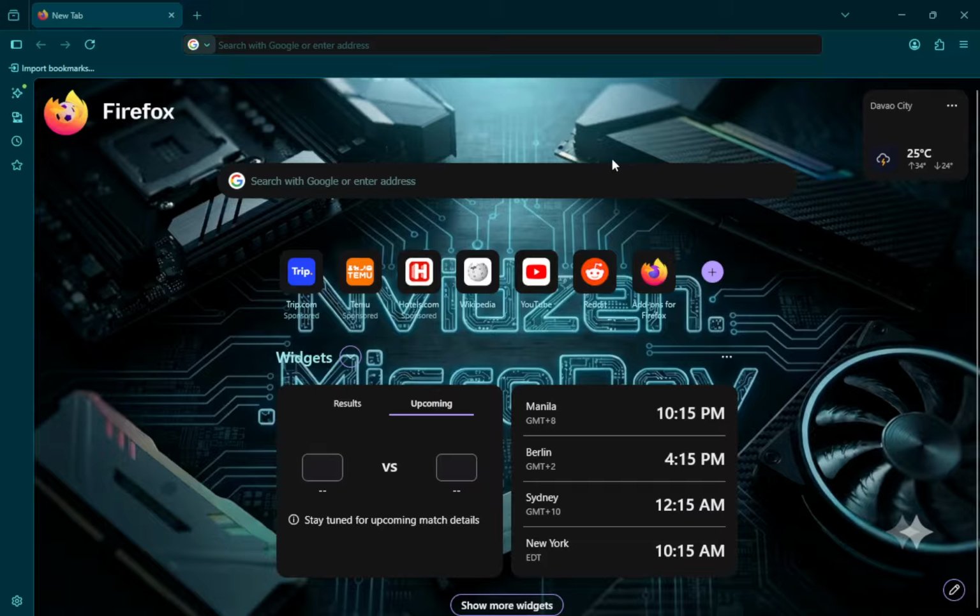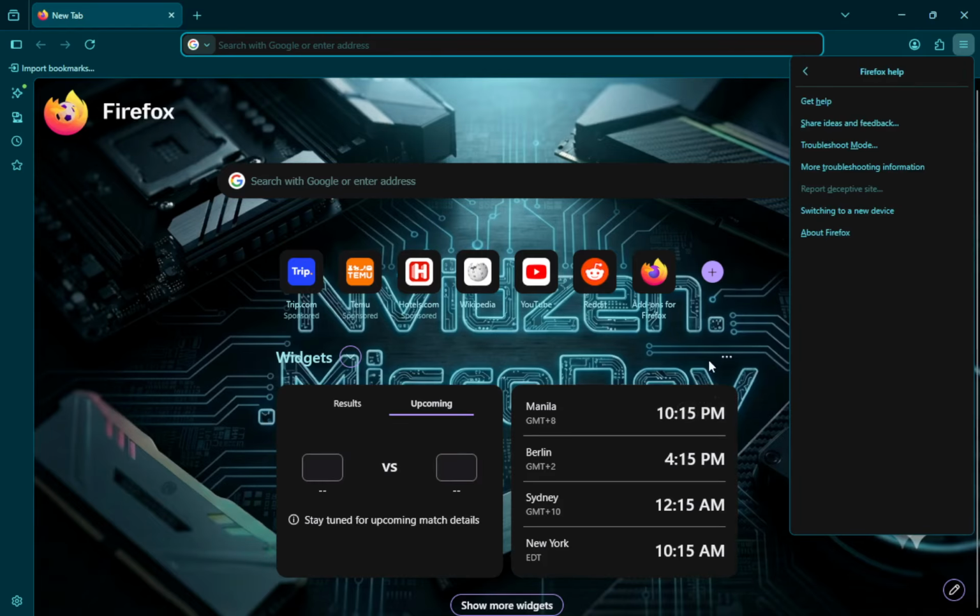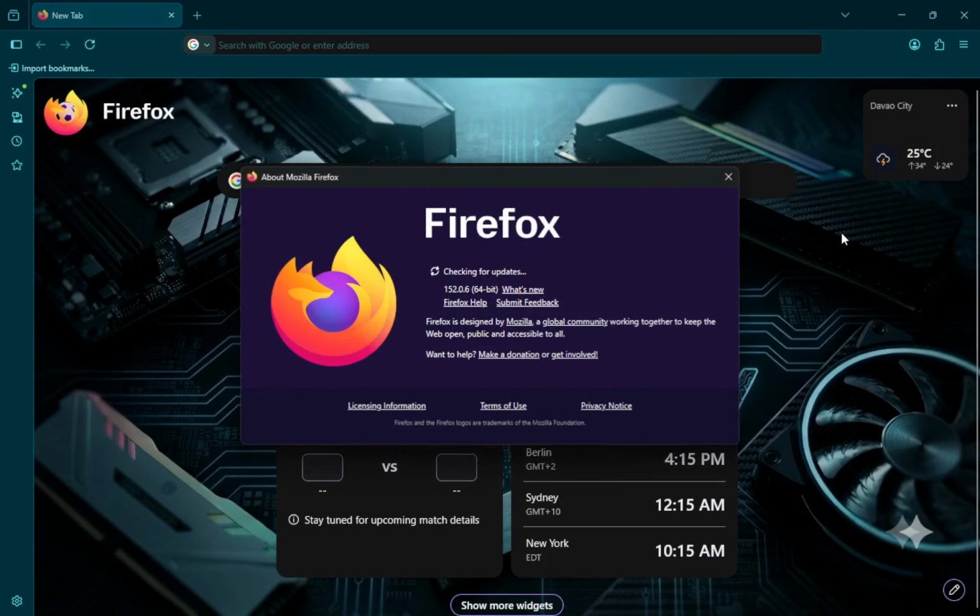After Firefox restarts, the latest version will be installed. You should see a confirmation message indicating that you are now using the most recent version of Firefox. This is a significant moment in the update process because it confirms that you have successfully installed the latest features, security fixes, and improvements. Keeping your browser current is essential for a smooth browsing experience.